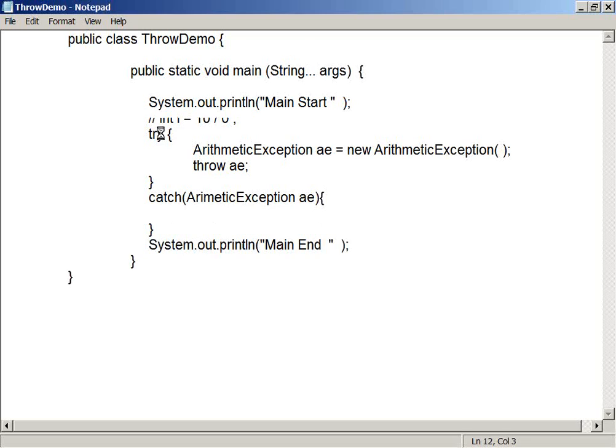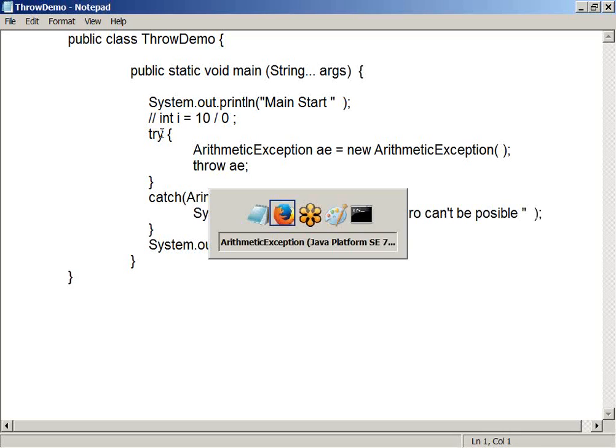So this is where throw is used. If you see the program here, it is not different. Both statements I have written are the same. Something by 0 cannot be possible. The same statement I am writing here.